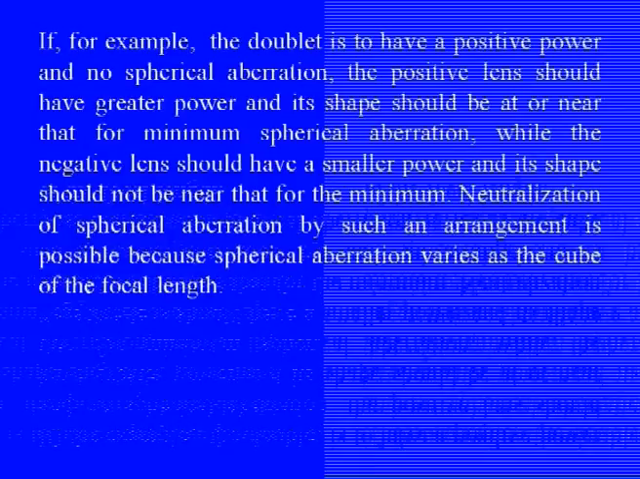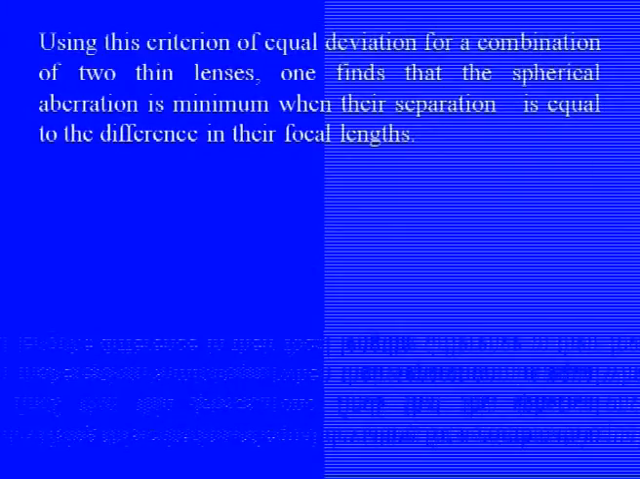Neutralization of spherical aberration by such an arrangement is possible, because the spherical aberration varies roughly as the cube of the focal length. In a cemented lens of two elements, the two interfaces should naturally have the same radii. The other two may then be varied and used to correct for spherical aberration. So, with 4 radii to manipulate, 2 for each lens, other aberrations like chromatic aberration can be reduced at the same time. Now, using this criterion of equal deviation for a combination of two thin lenses, one finds that